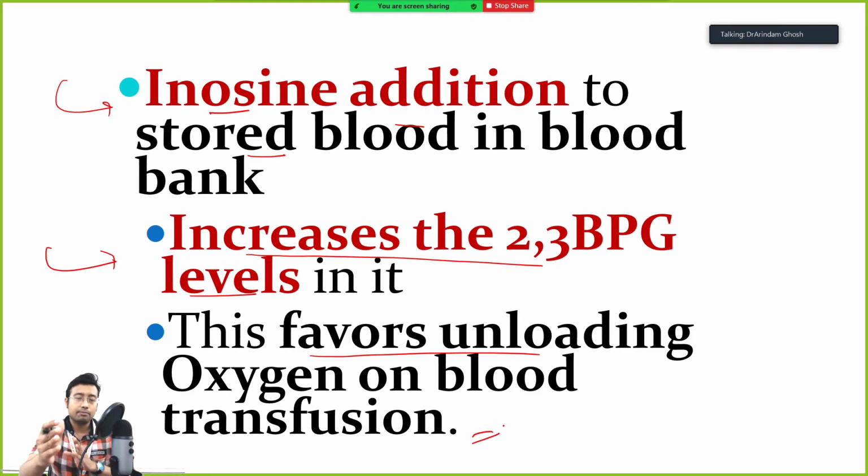So you tell me, what should be the main concern of transfusing blood? It is catching hold of oxygen from the lung or delivering the oxygen to the tissues? It is actually delivering of oxygen to the tissues. Okay. However, there are a few conditions when we need blood so that the oxygen grabbing from the lung is more, as well as oxygen delivery to the tissue is also more.